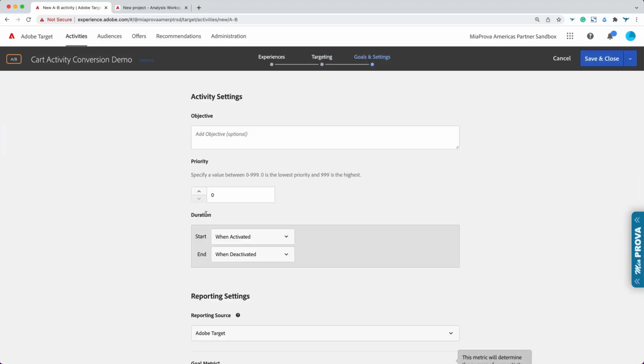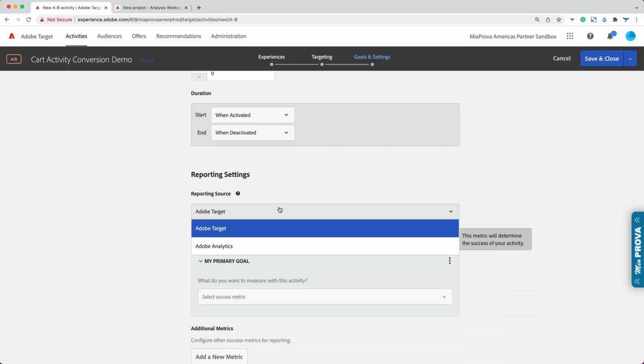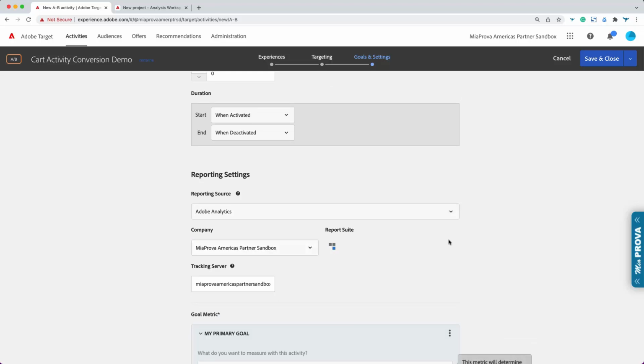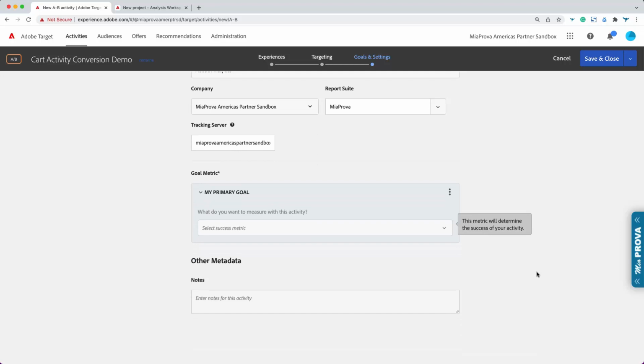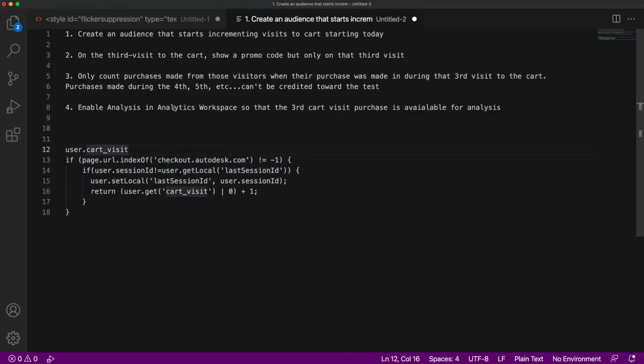Next, I'm going to come over to here. And then you'll remember the A4T was a requirement, so we're going to choose Analytics. You will choose our report suite in Adobe Analytics. Okay, so now this is where we're satisfying this requirement. Okay, keep in mind